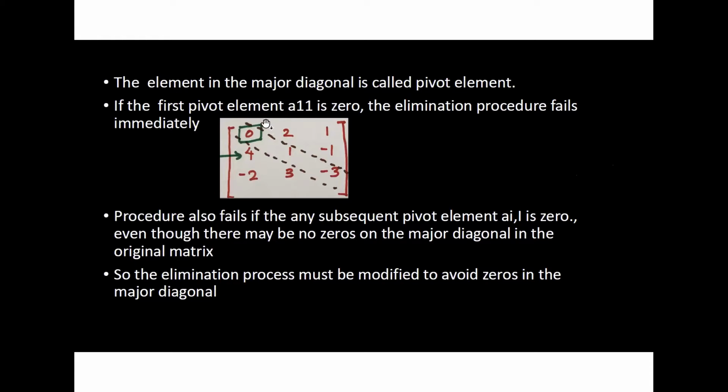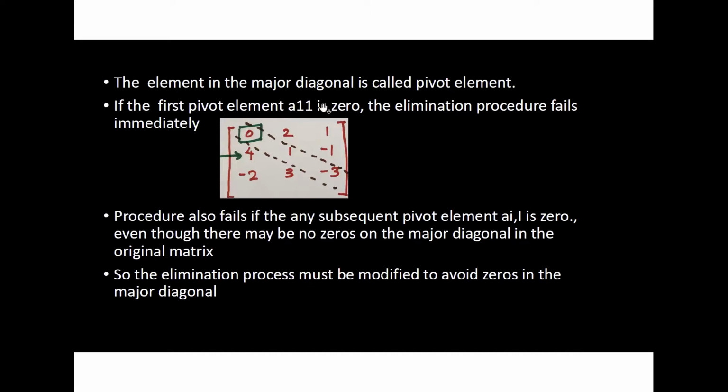So the first pivot element in this matrix is 0, and we have seen that in the elimination method, this element becomes the divisor. It comes in the denominator. So the idea behind using this pivot element is that it should be either the maximum value, or it should be non-zero. But how can we make it maximum? There are several options. One is simple, the row interchange that we have already discussed, and some of you have already applied row interchange also.